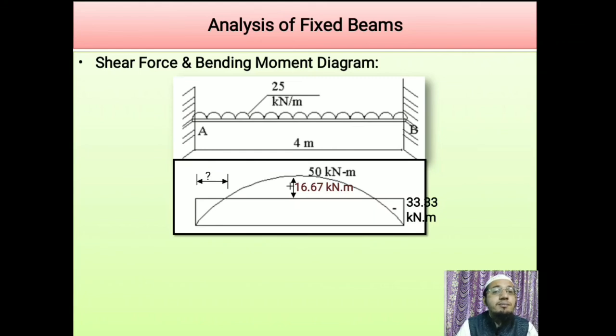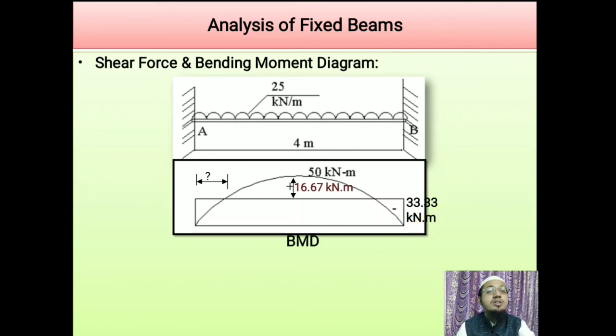As we have discussed, by simply considering a section at a distance x from support A, we will take the moment at that section, that is Mx, and we know that at the point of contraflexion moments are 0. So by equating the moment taken at the section with 0, we will get this distance. Again, due to symmetry, the distance of the point of contraflexion from both supports will be the same. So likewise we can also mark the position of these points of contraflexion.